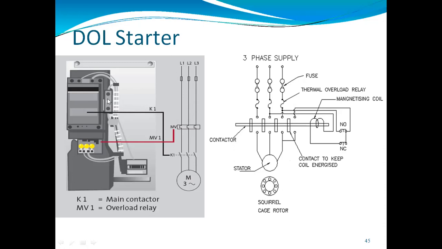you can see here the direct online starter. It will consist of a coil operated contactor, the main contactor cable. It will consist of a coil operated contactor which can be controlled by start and stop push buttons. And when the start push button is pressed, we press that push button, and the contactor gets energized, because here we are using the contactor. So when we are switching on, when we are pushing that button, that contactor gets energized and it closes all these three phases.